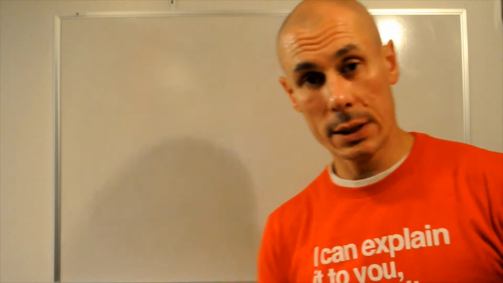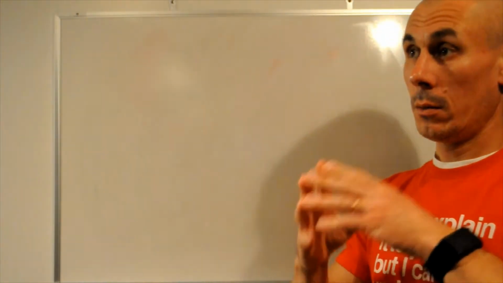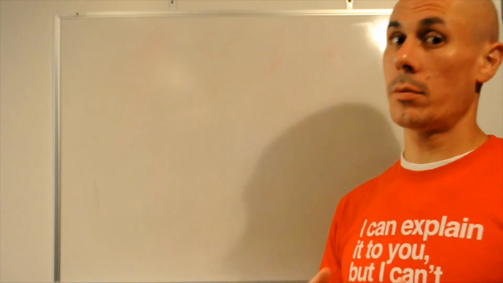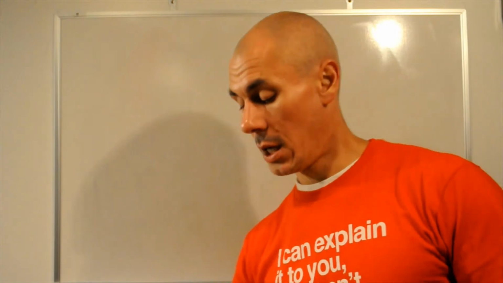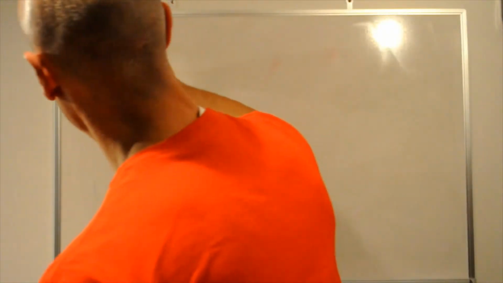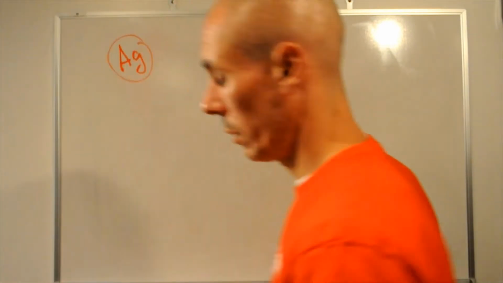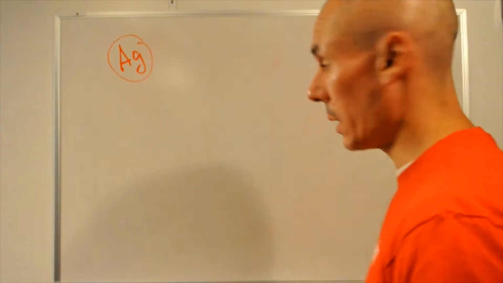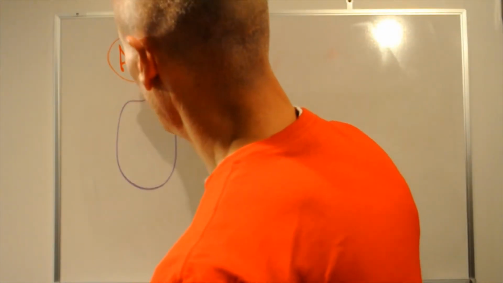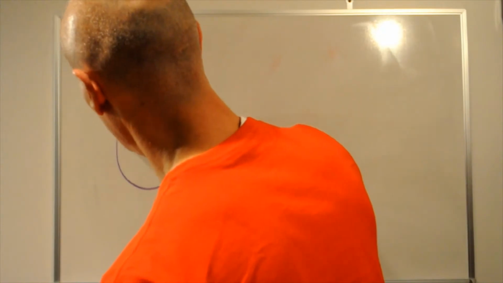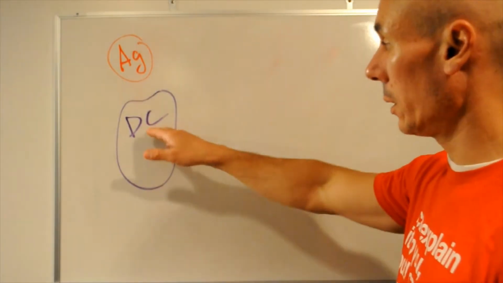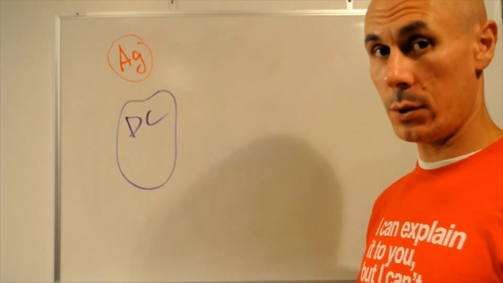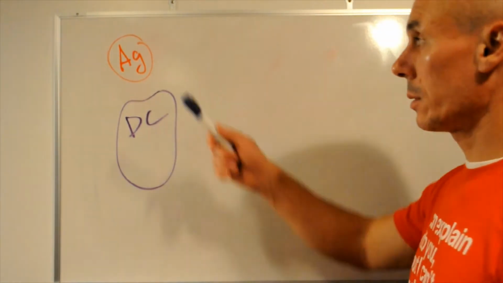So unlike B cells that can recognize, in many cases, antigen directly by the surface receptor, T cells cannot do that. They have to have antigen presented to them by so-called antigen-presenting cells. So we're going to be using dendritic cell as an example here, but antigen-presenting cells are dendritic cells, macrophages, or B cells. So dendritic cell